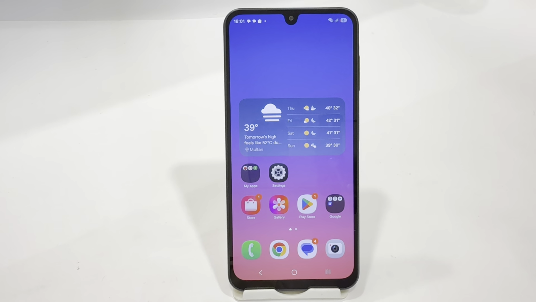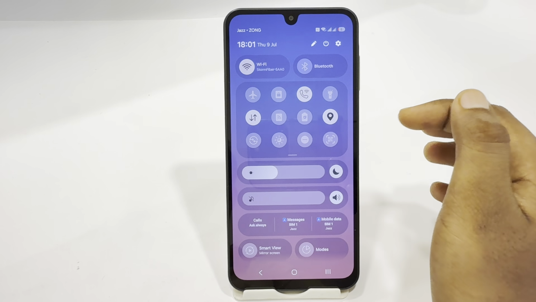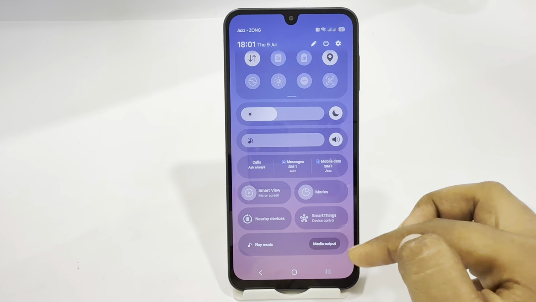Hey guys, today I'm going to tell you how to change media output in Samsung S26 Ultra. If you're using Samsung S26 Ultra and you want to change your media output, so let's see how you can do that. You just have to scroll down your control center, and here you might see the media output button